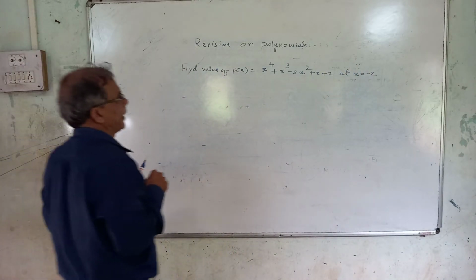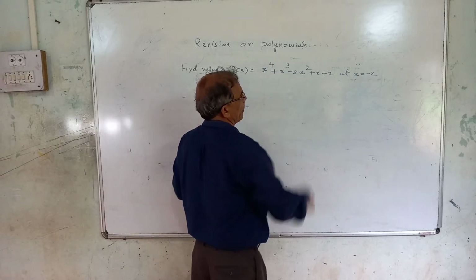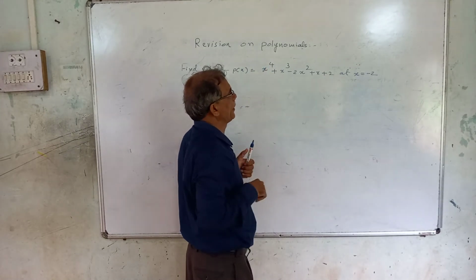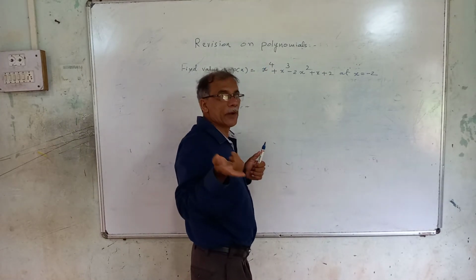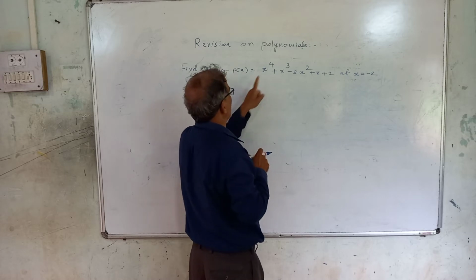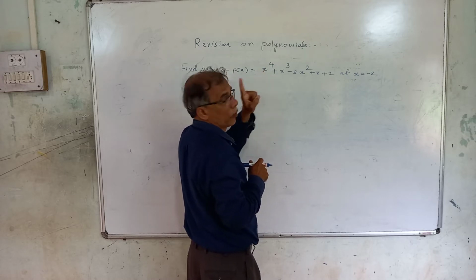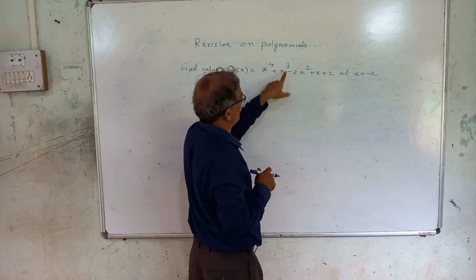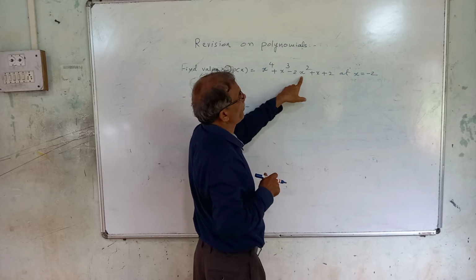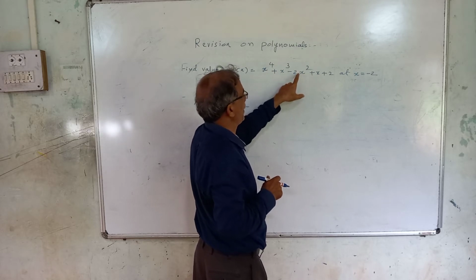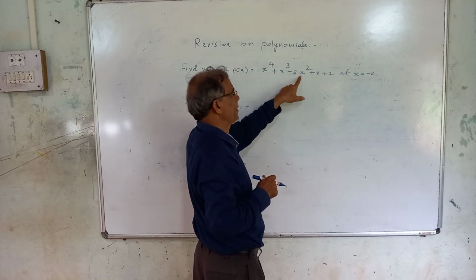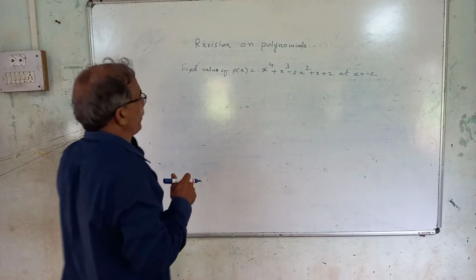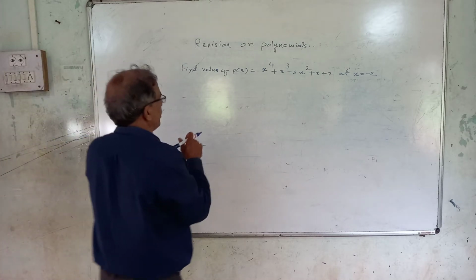Now before that, can you tell me what is the degree of this polynomial? Which is the maximum exponent? 4. So 4 is the degree. What is the coefficient of x raised to 4? X raised to 4 means how many x raised to 4? 1 x raised to 4. Here 1 is there. So coefficient of x raised to 4 is 1. Coefficient of x cube is also 1. What is the coefficient of x square? It is multiplied by minus 2. So minus 2 is the coefficient of x square. That we should know. Now to find the value of this polynomial at x is equal to minus 2.